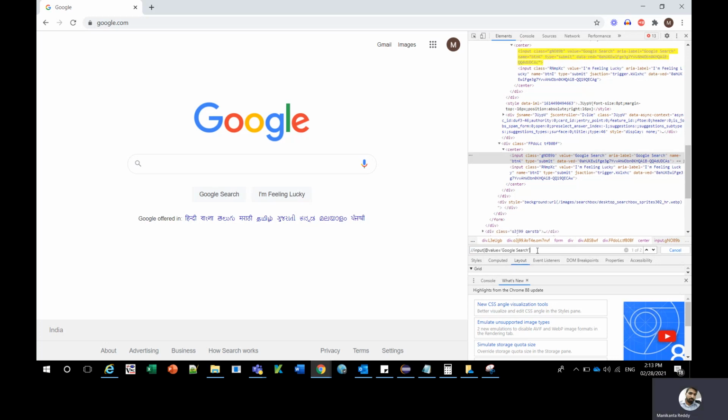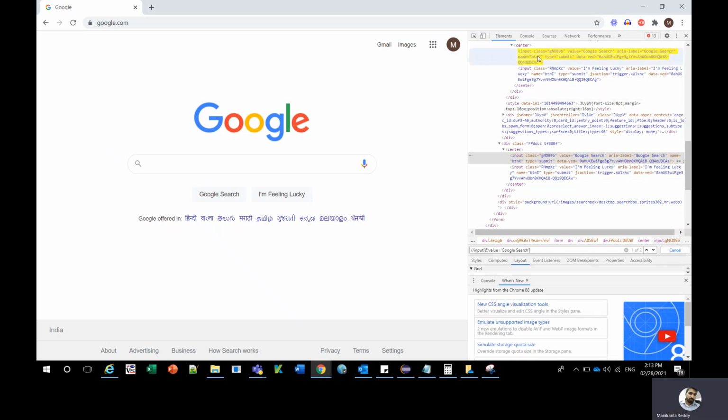Basically, when I use this XPath, you can see this is for the Google search button. That button is highlighted, but you can also see there are two elements with the XPath we are using. One element is this one.